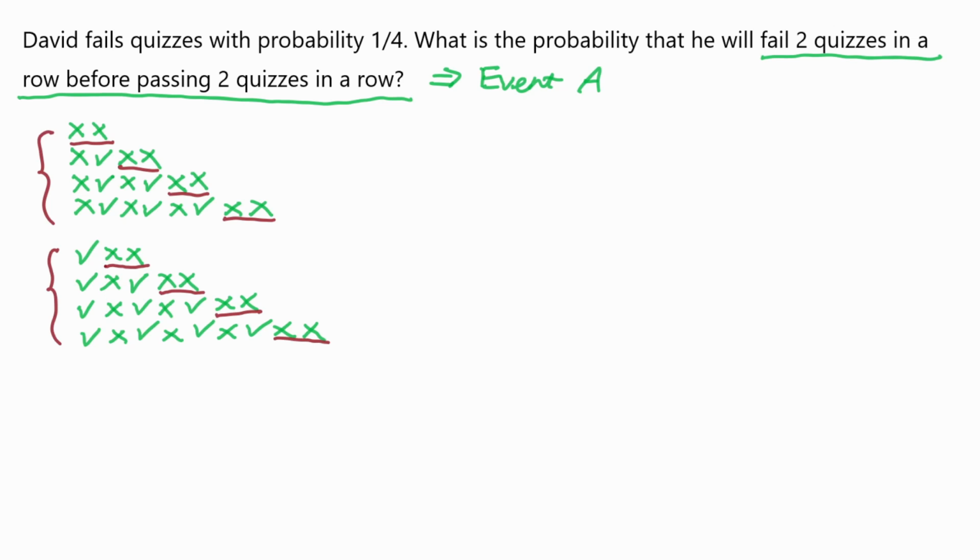Now let's calculate the probability of event A, which is the sum of the probabilities of all these sequences. I'm going to let P equal 1/4 and Q equal 3/4, so that will simplify my expression. So this one is P squared. Next one would be